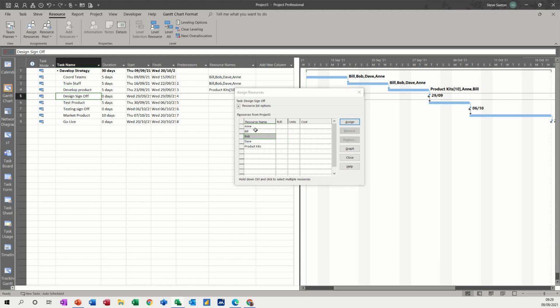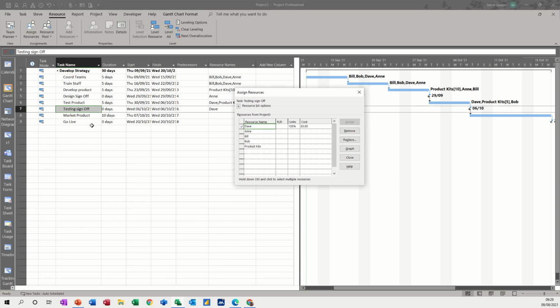Design sign off, that can be Anne. Test product, that's going to be Bob and Dave, and they're going to need some kits actually, so I'll do all 3. And they probably would need 5 kits we'll go for. Testing sign off can be Dave. Market product can be Bill and Bob, and they will need some kits to market, so I'll assign them 20 kits. Oops,